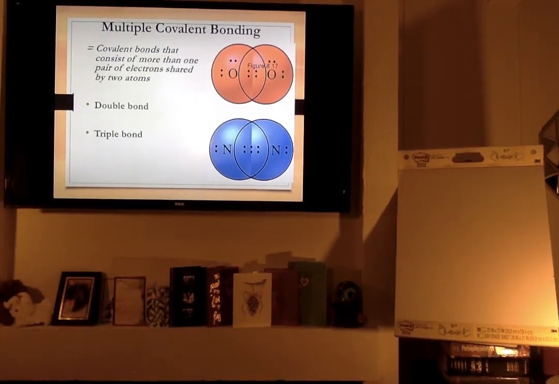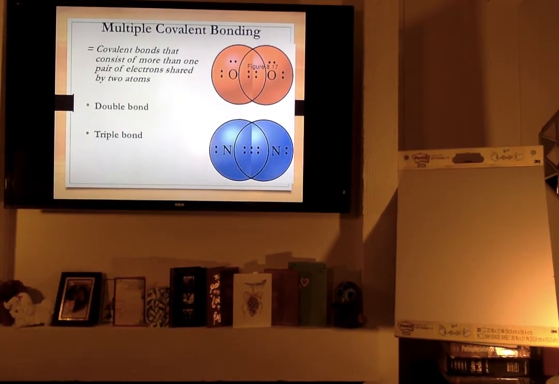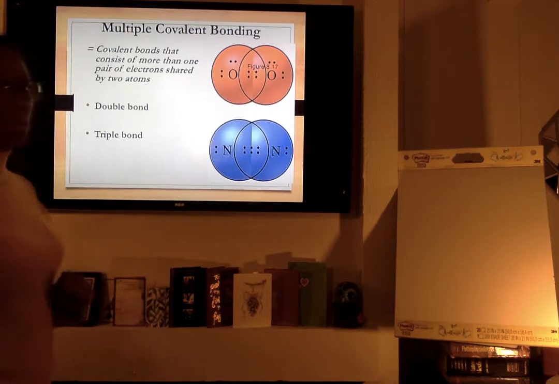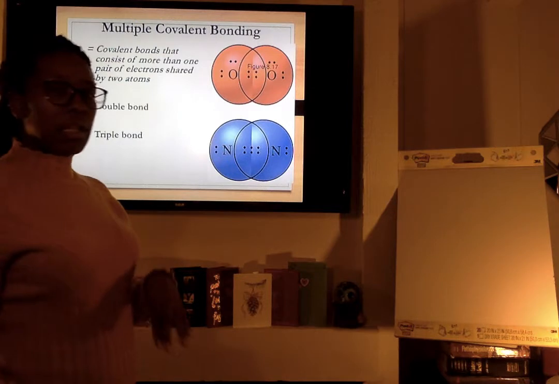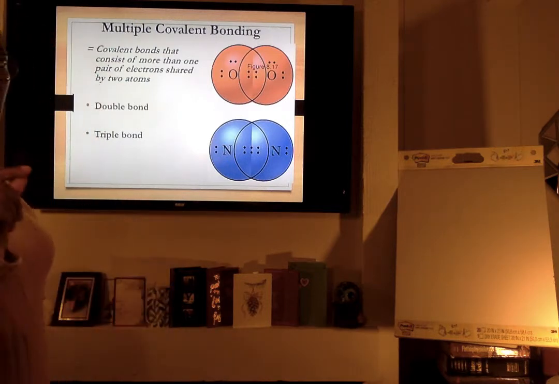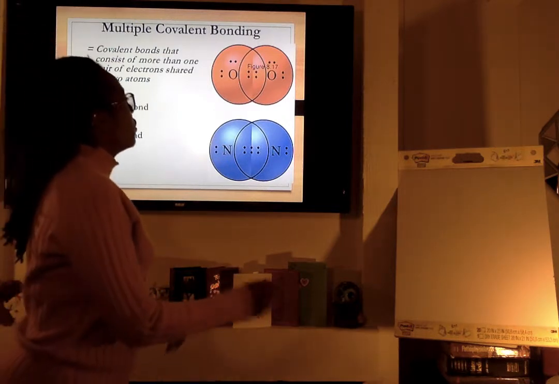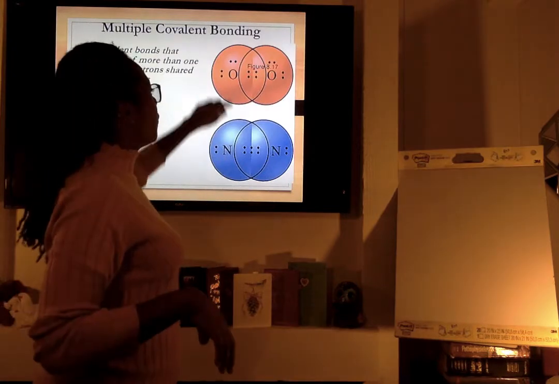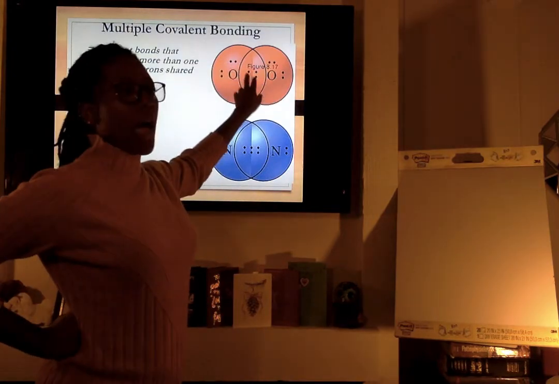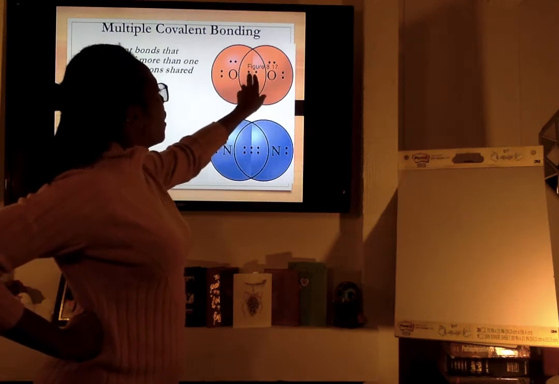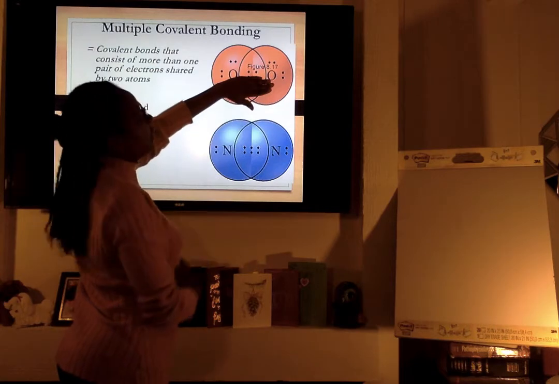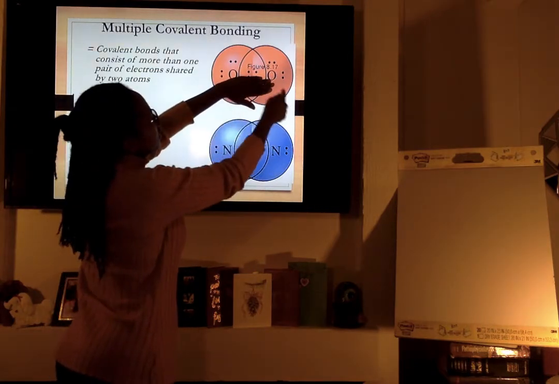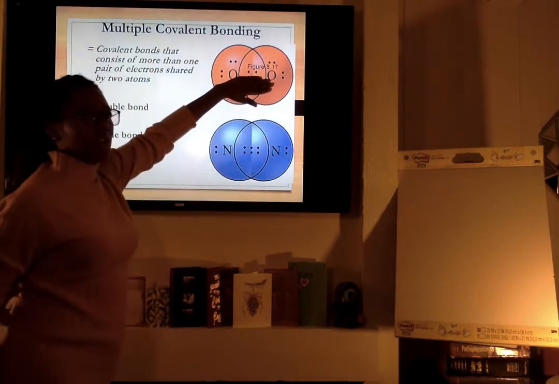Now, multiple covalent bonding. These are bonds that consist of more than one pair of electrons shared by two atoms. So you have double bonds and you have triple bonds. With a single covalent bond, we said that you need a pair of electrons between two atoms. So here is a pair of electrons, these two dots here, between two oxygen atoms. So that's a single